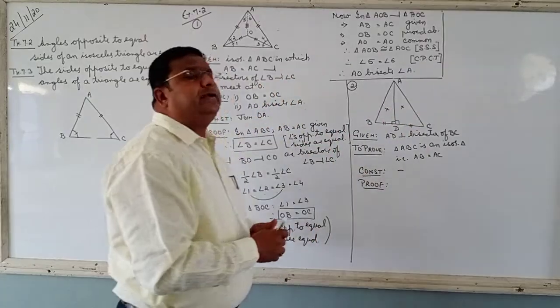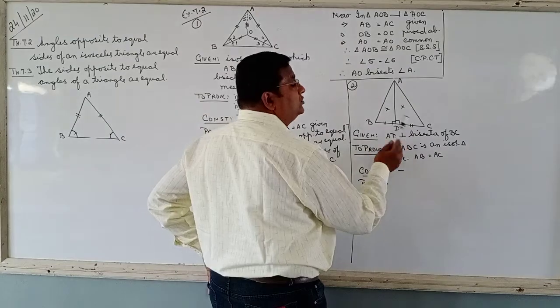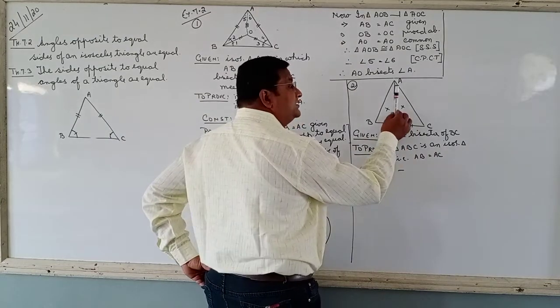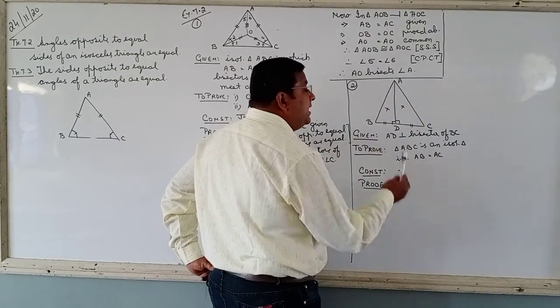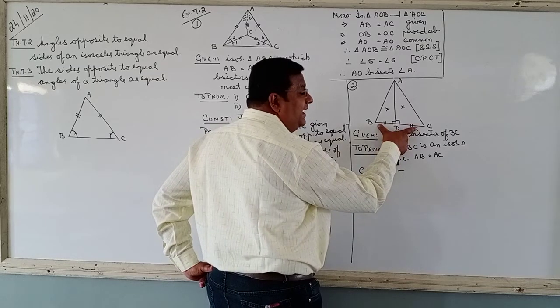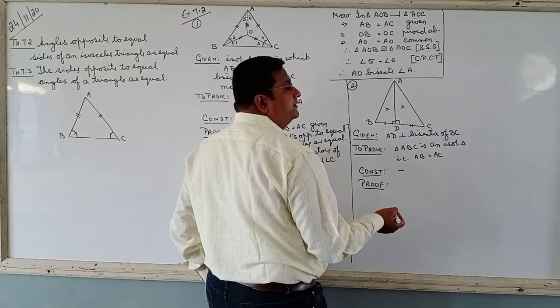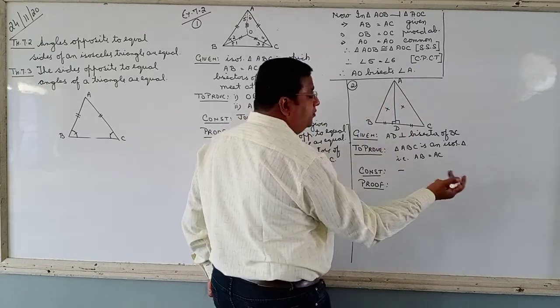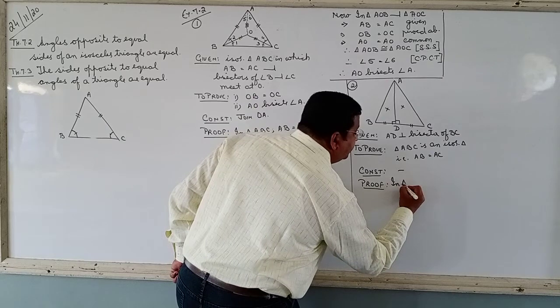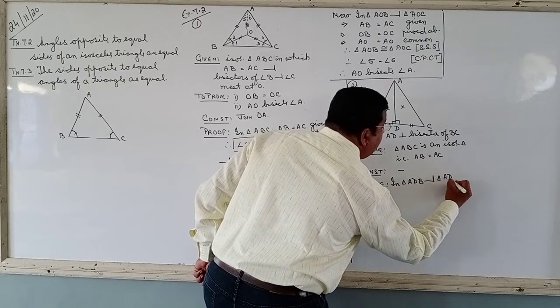Are they congruent? Can you see equal sides in them? Definitely. Is this BD equal to CD? Yes, sir. Is this AD common? Yes. And is this angle equal? So what congruency? Side, angle, side. And if two triangles are congruent, will the respective sides be equal? In triangle ADB and triangle ADC,